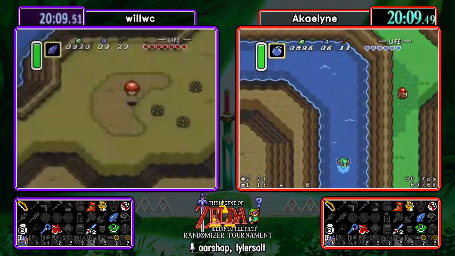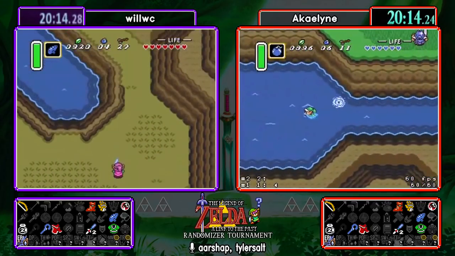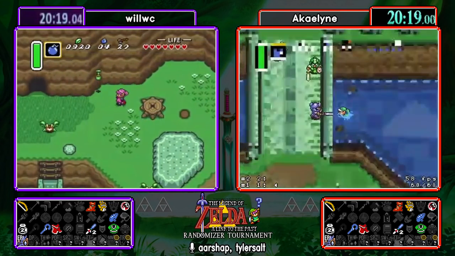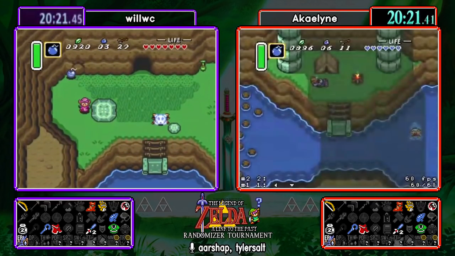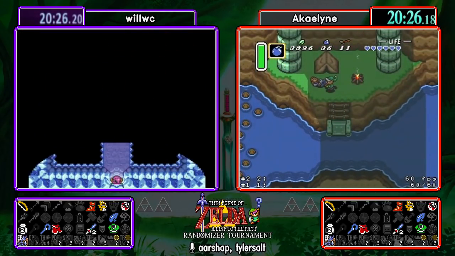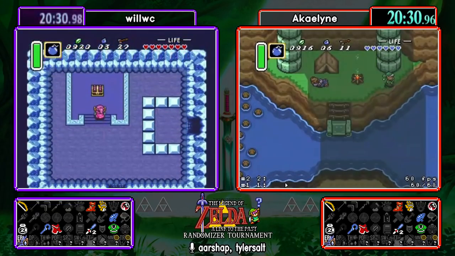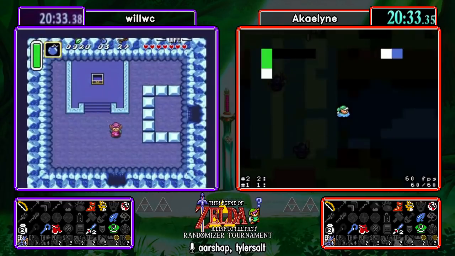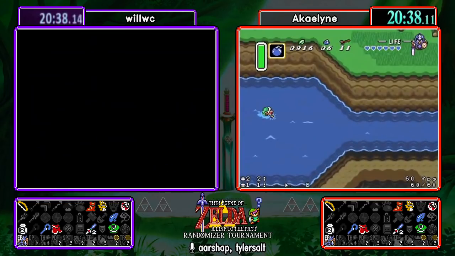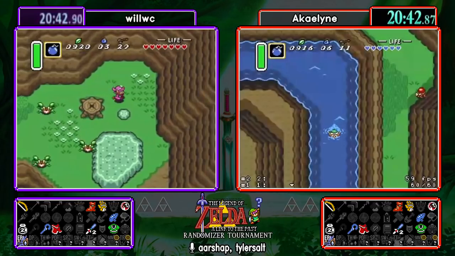I feel like, generally speaking, in the races I've been watching, boots have been at such a premium that it's easy to forget about that water walk when exiting Ice Palace. I know I forget about it sometimes when I'm not playing a seed that's explicitly a boots start. Just a big 20 on the Hobo. And we'll see if Will remembers that water walk. Interesting, Will, and he does set up the water walk there. Yep. So interesting that both of our runners are deciding to do these